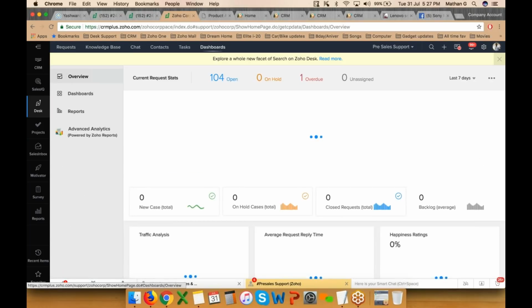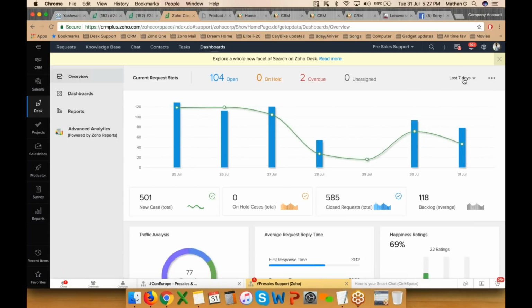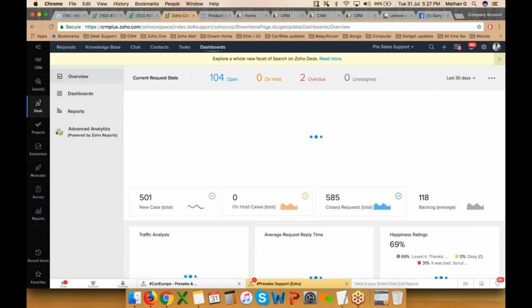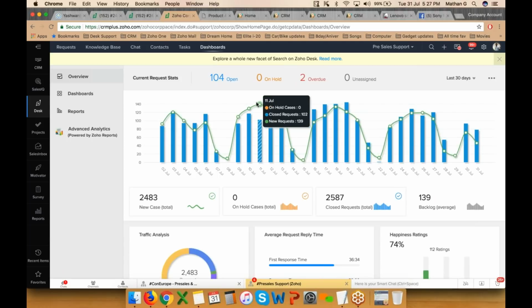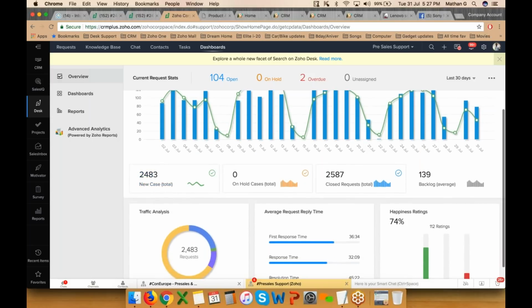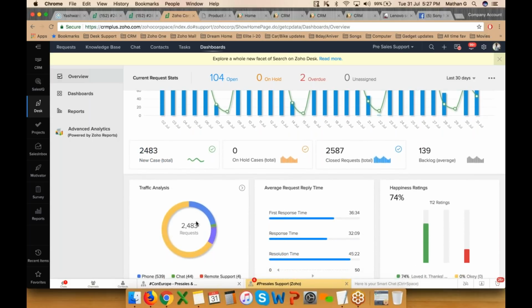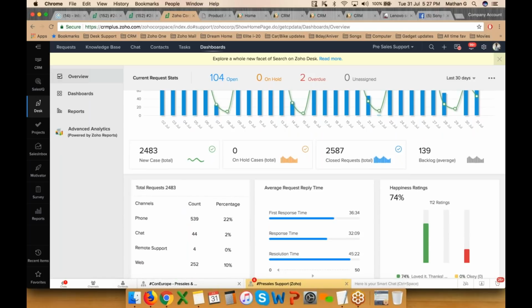So this is an overview. If you want to know the total number of tickets you have received for the last 30 days or 7 days, you can get complete information. In total, we have received 2,483 tickets, and you get to see the traffic analysis, like what are the different sources using which the ticket has come up: